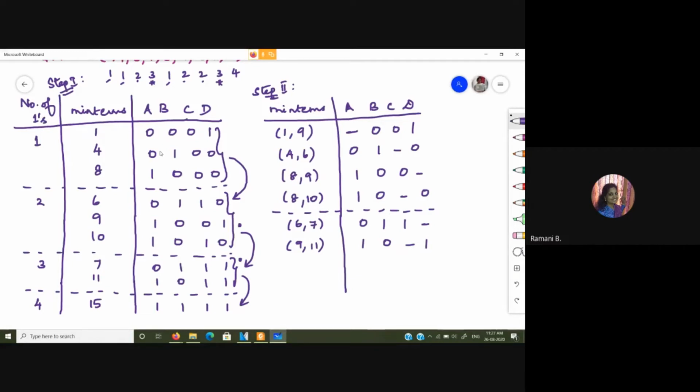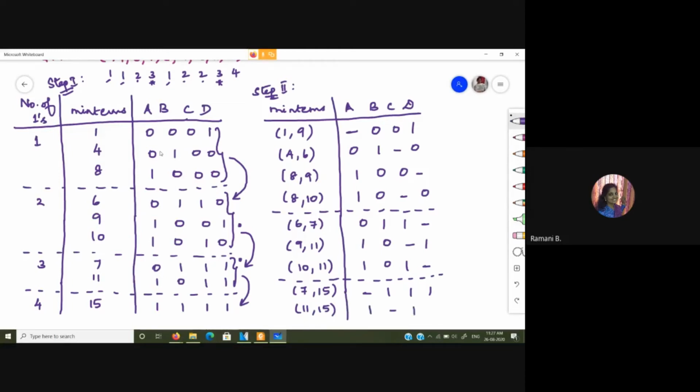Okay. And next, 10. 10 with 7, except for c, all the variables change. So we cannot have that. So 10 comma 11. So 1 0 1 dash. So with that, the second possible grouping is over. So here also we have 6, 9, 10, 7 and 11, all the groupings are there. Then 7 with 15, so only a variable changes, so dash 1 1 1, and 11 with 15